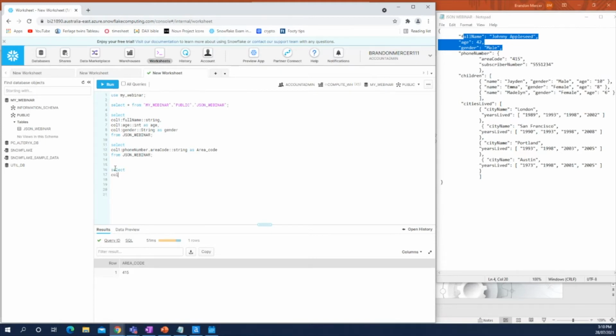We can select column 1 children. Now we want to specify what child we're looking at. That's quite easy. It's just a position metric where you use the square brackets. Like most SQL, it starts at 0, so this will be child 0, child 1, and child 2. Once we do this, we can specify what part we want to see, similar to the above where we use the full stop. So we might want to see name, for example, of child 0. So we grab the name